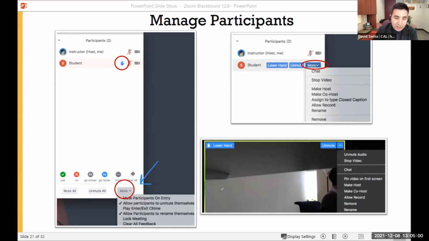If you click on that, there are a couple things you can do right here. So you can mute participants on entry. You can allow participants to unmute themselves. So let's say that I have a really large class or a really large webinar. I will uncheck that so the participants cannot unmute themselves. And I can remind them, put something in the chat box or raise that virtual hand, and then I will